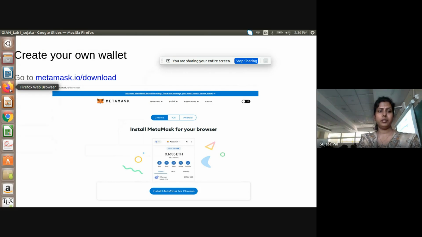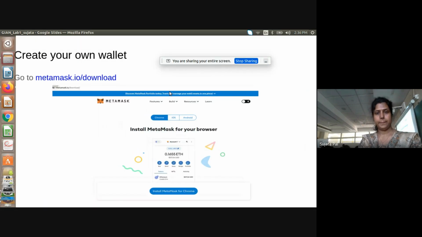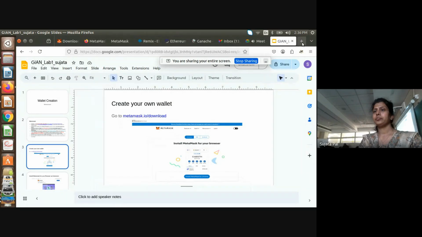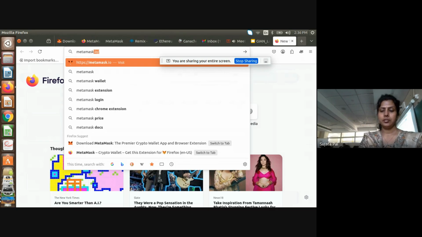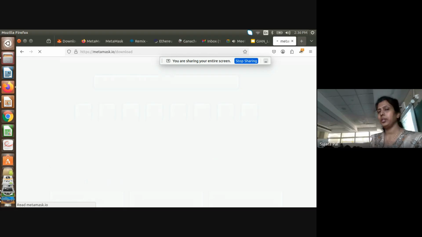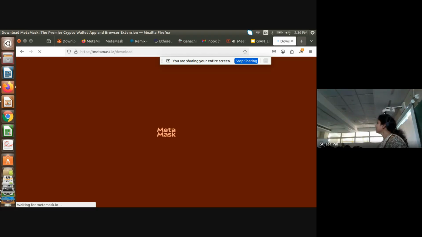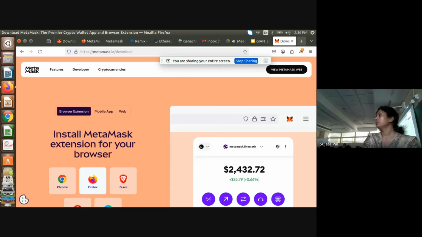Here you type metamask.io/download. Then you download. So if you are using Chrome, then Chrome, Firefox, you download. You click here.